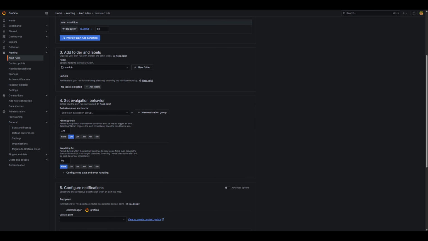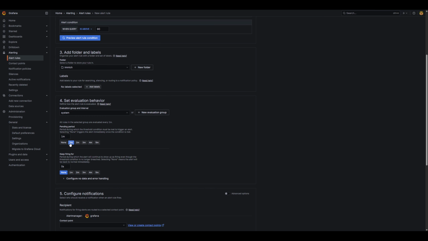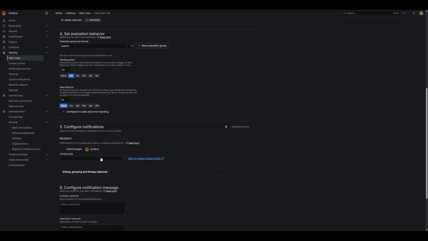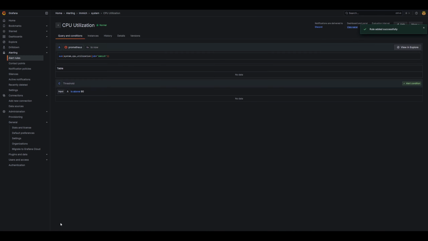Scrolling down, let's set an evaluation behavior. Create a new evaluation group. I'll name mine System and create. We can keep the pending period at 1 minute, as well as the keep firing for at 0 seconds. Next, let's add our contact point. Go ahead and select the newly created Discord contact. Feel free to update the notification message if you'd like, but I'll just leave mine as is. Let's go ahead and save our alert. Now that we have our alert, Grafana will send a notification to our Discord channel whenever CPU utilization spikes too high. With our alert set up, we now have a fully functional Grafana dashboard and alerting system running on our